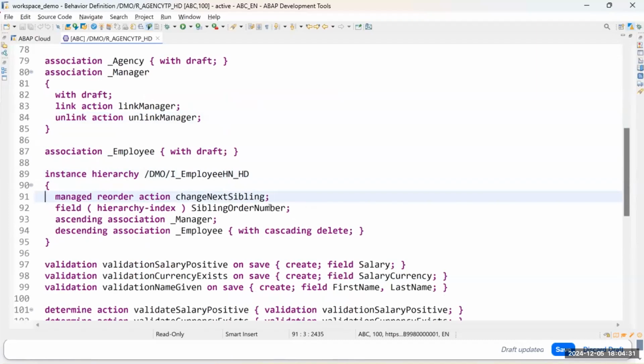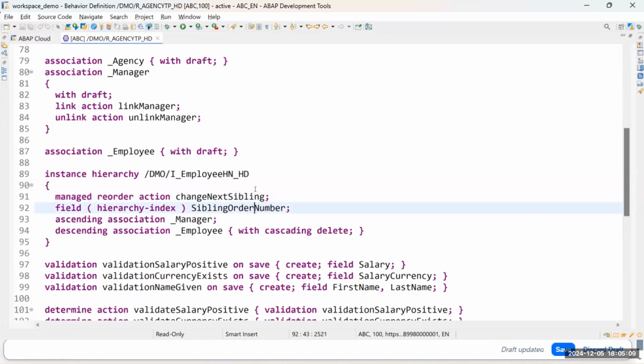One is the manage reorder action. That is also one of the reasons why we had a little delay here, because in order to move things around, to change the next sibling, so the sequence, a little bit of code was needed. In the previous version that we demoed in other sessions, that had to be coded on your own. Now we have implemented this on the framework side, so it comes out of the box, and you can, of course, still implement it your way if you want, but you can just rely on the framework and just declare it here accordingly in the behavior definition, and then it's automatically working. For that, you need to specify the field that carries this sibling number, the sequence number.